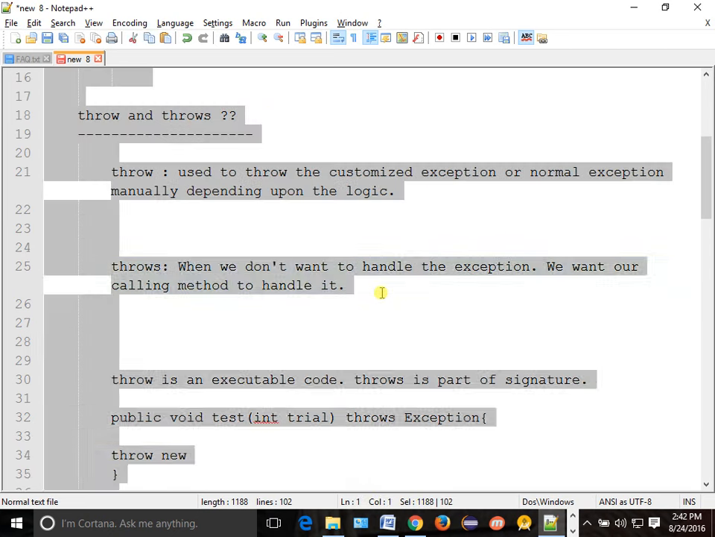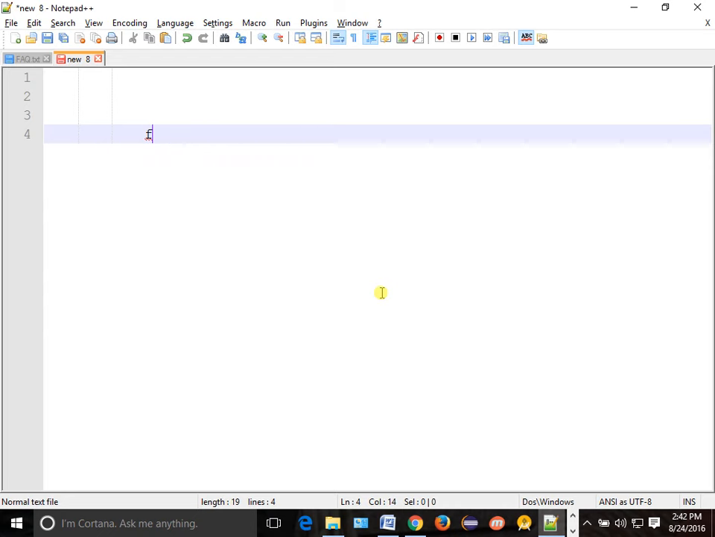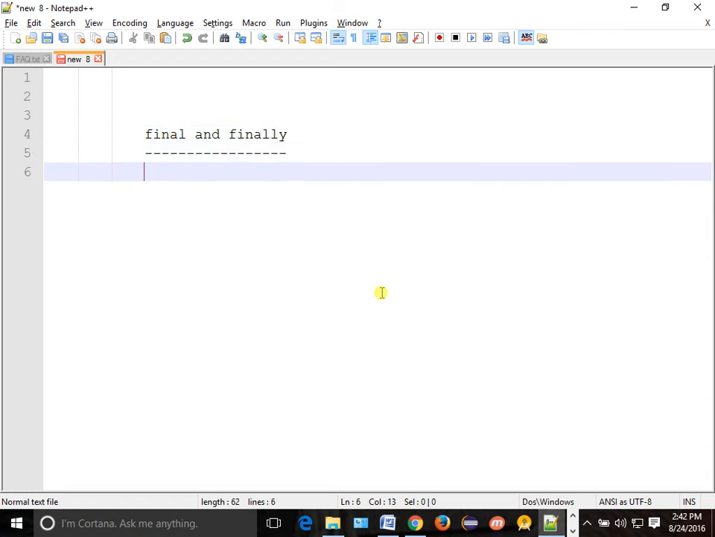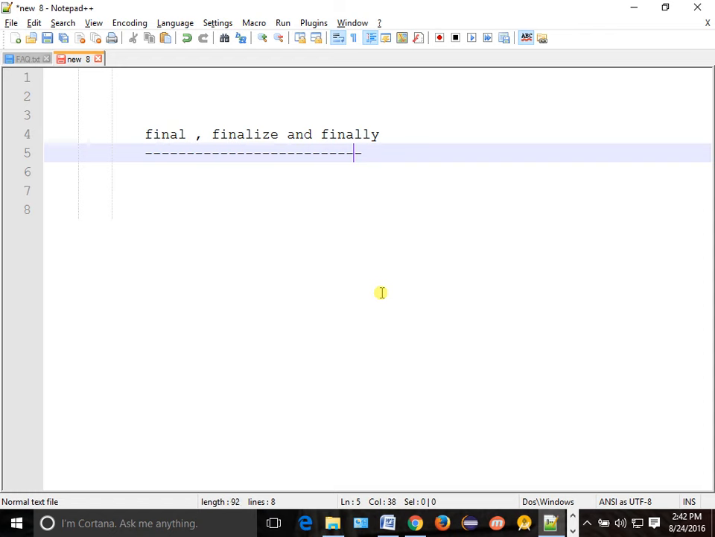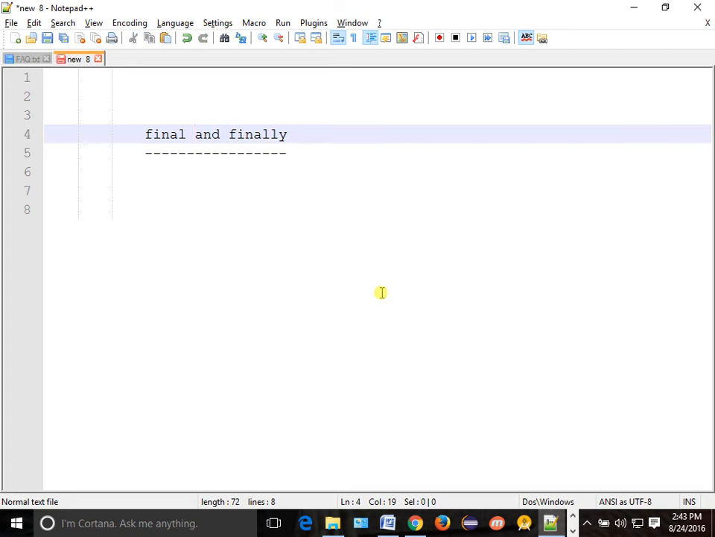Sometimes they will ask. Now let's try to understand, quickly finish this: final and finally. Sometimes people will ask one more difference, finalize. First we'll discuss final and finally, then we'll discuss this. So what is the difference between final and finally? Final is a constant, whenever we want to make something constant. And finally,